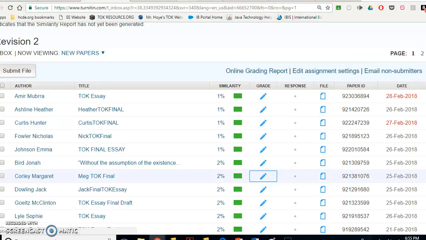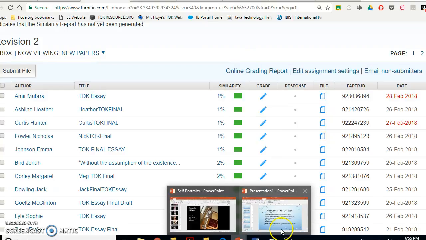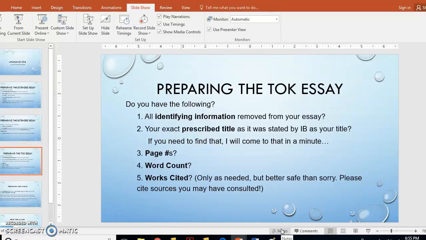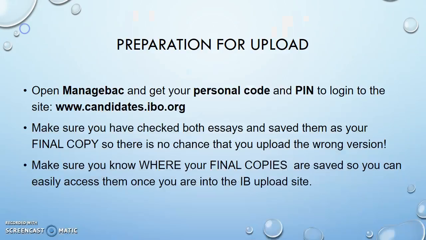Okay, so now that you have everything ready to go, you've checked everything, you've made sure you had all these things in order, let's look at uploading. So you know how to do this, you've done it before. Open ManageBac, and you want to make sure you've got your personal code and your PIN, okay? And this is the site you're going to go to. You're not going to IBIS, that's the teacher site. You're going to go to